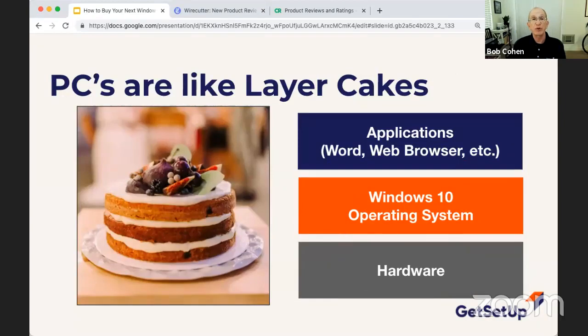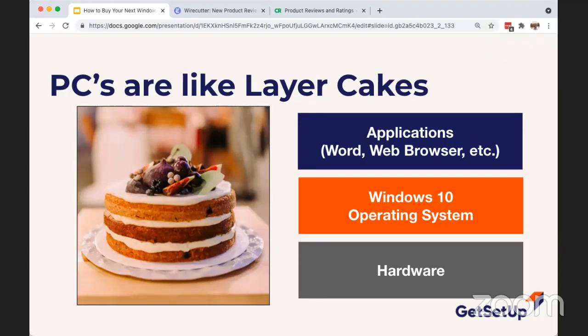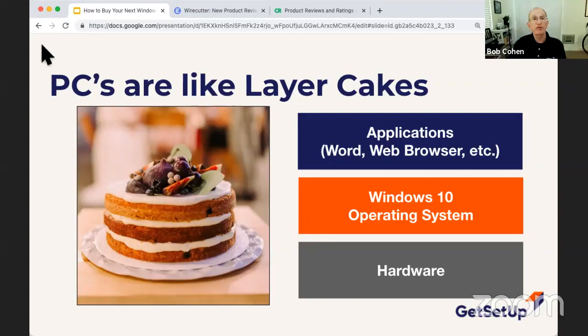PCs typically come with built-in photo editors, but if you wanted to get something more sophisticated like the applications from Adobe, they run on both Windows and Macs. And so you're buying applications to do things on your computer, but the operating system makes sure that all of those applications can work on your particular hardware. And so the operating system kind of creates that middle layer for you.